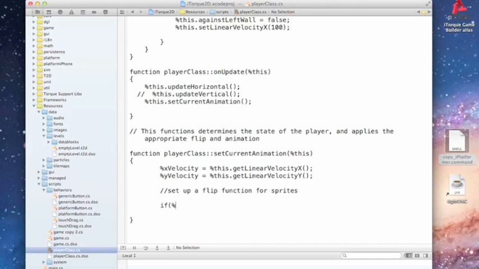Now we're going to take a look at our x velocity first, because we're only moving left and right, and so the x velocity is really all we need to look at if we're talking about having a player face right and then flipping the sprite around to have them face left instead. So if the x velocity is greater than 0, in other words, he's moving to the right,